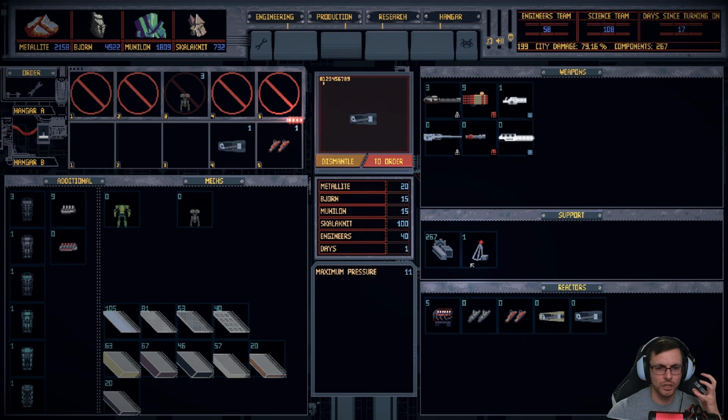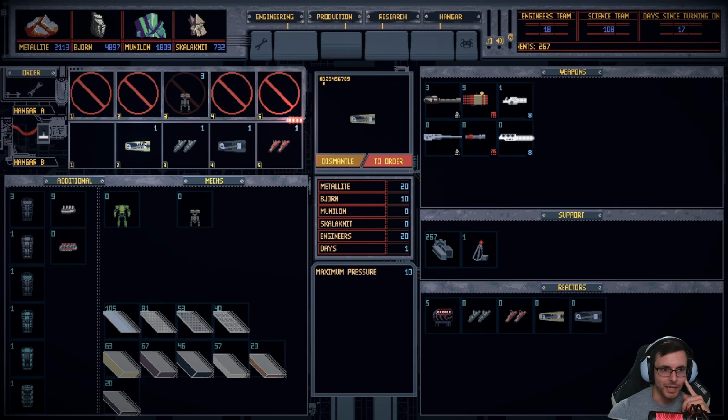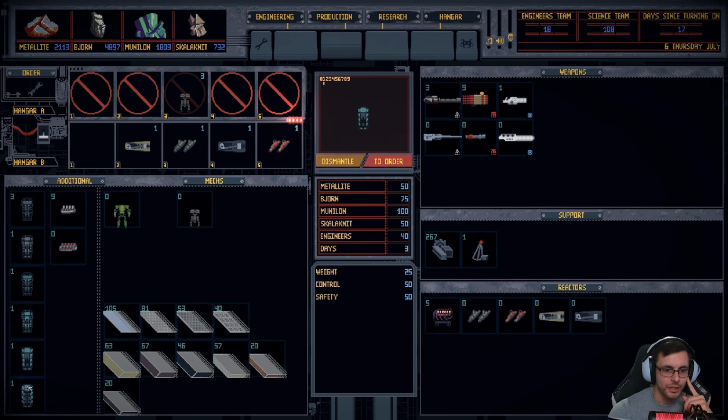Scalinate. Why does everything cost so much Scalinate? And then we probably want... Can we get some backups? Yeah, we'll get a backup regular piston and a backup regular... whatever it is. I don't remember. Now, the other thing that I'm curious about...